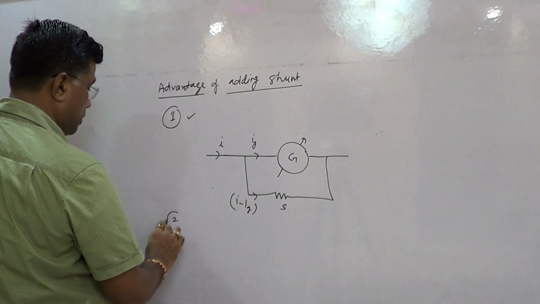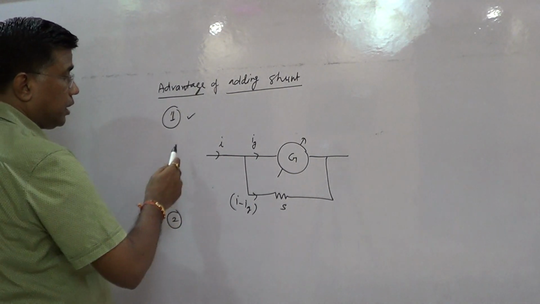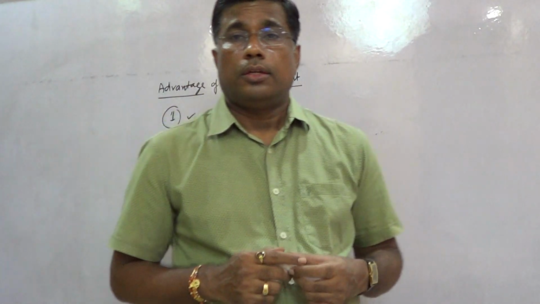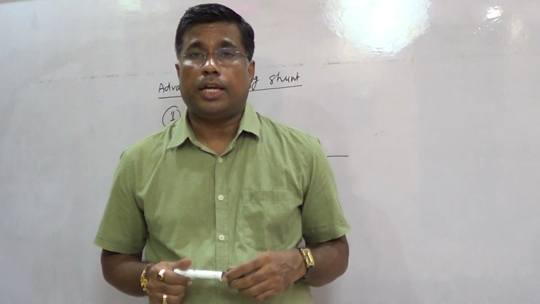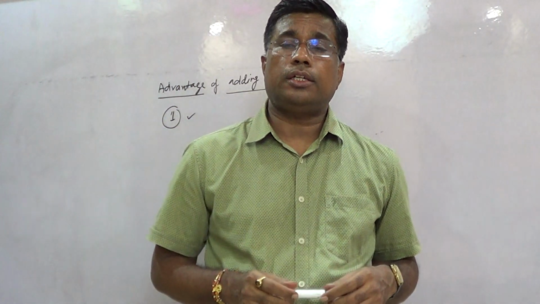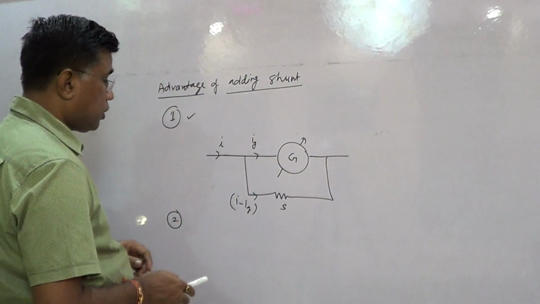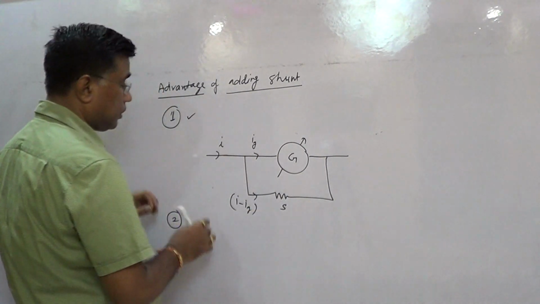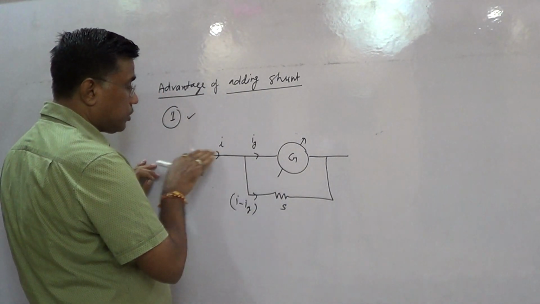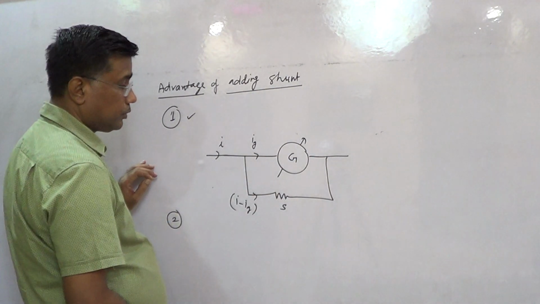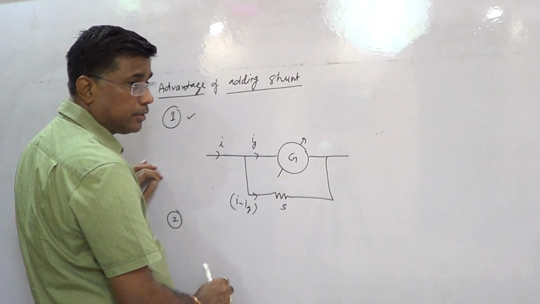Now second point is it increases the range of measurement. Student, you can write this line also. Addition of shunt parallel to the galvanometer to convert into ammeter increases the range of measurement. How is it possible? See, बच्चों suppose करिए shunt नहीं है, then whatever current you send to the galvanometer, the whole current will pass through the galvanometer because there is no shunt connected.